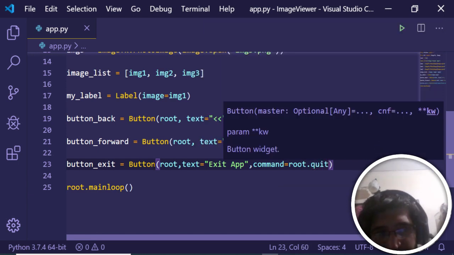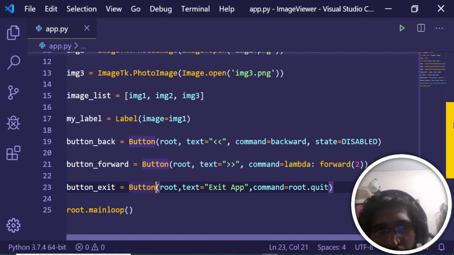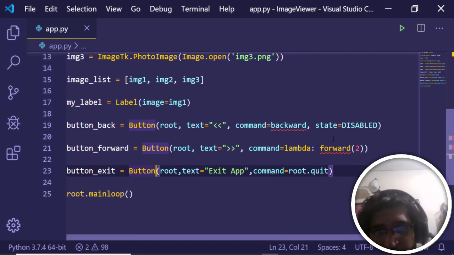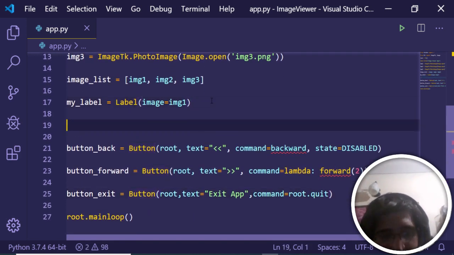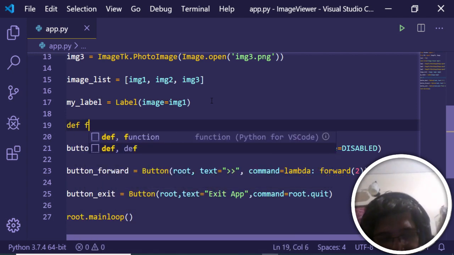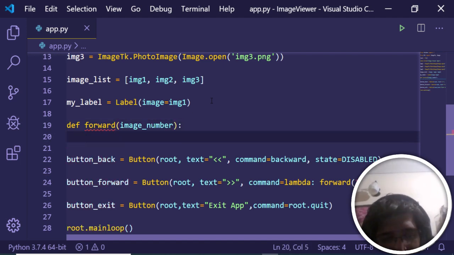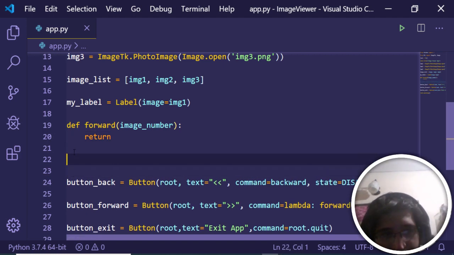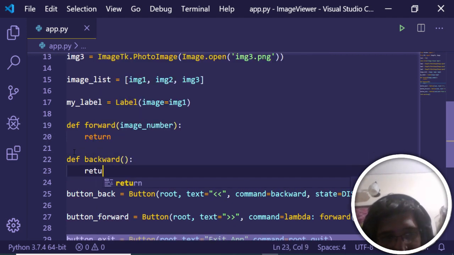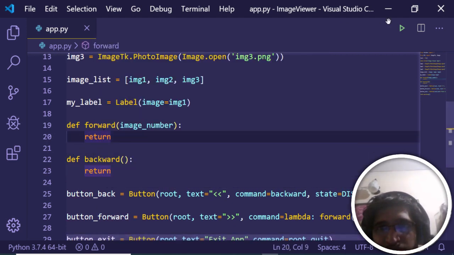So this is our exit button, and now we just need to define backward and forward. Right here at the top we can define a simple function of forward. It takes the image number, so just define this, and we will just return something here. Define this function for now, and also we will define our backward function as well. Just write return here. Now if I launch this app here,